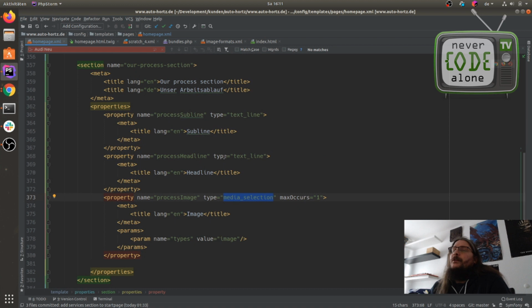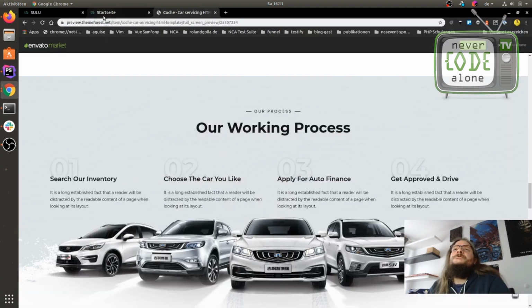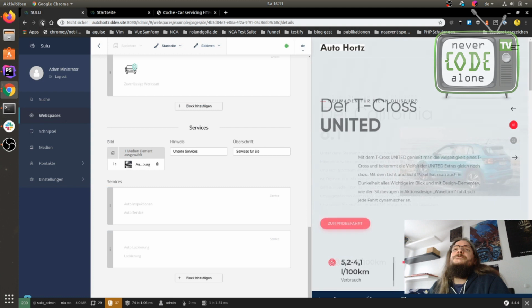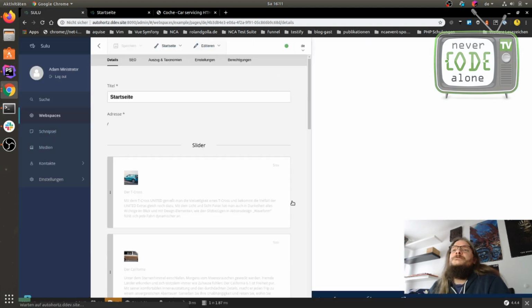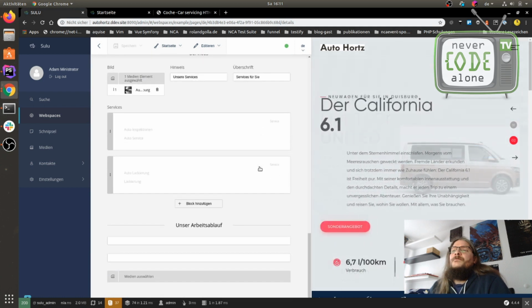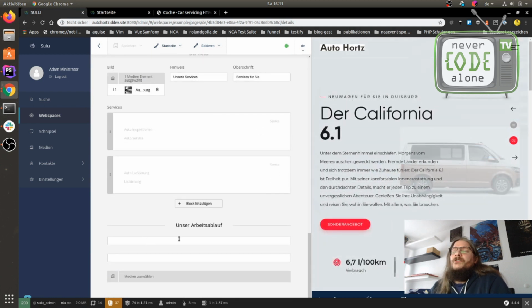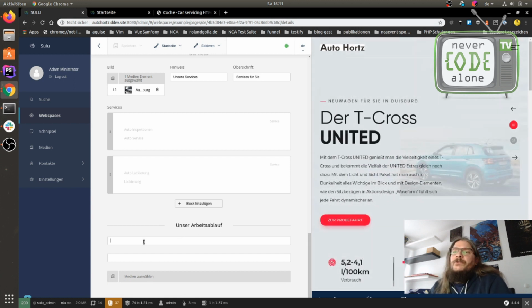And now I also think about the admin area, because when I reload it now, you see here, it's a new section, but there is a lot of space and no translation.